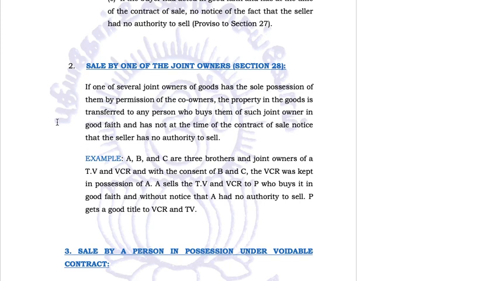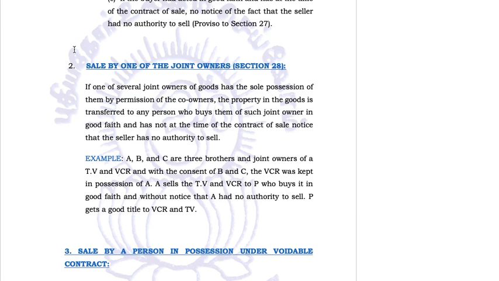Sale by one of the joint owners. If one of several joint owners of goods has the sole possession of them by permission of the co-owners, the property in the goods is transferred to any person who buys them from such joint owner in good faith and has not, at the time of the contract of sale, notice that the seller has no authority to sell. So when joint owners jointly give consent to another joint owner, say there are five owners and they give authority to the fifth one to deal with the property in whatever way he likes, stay in it, rent it out, or sell it,